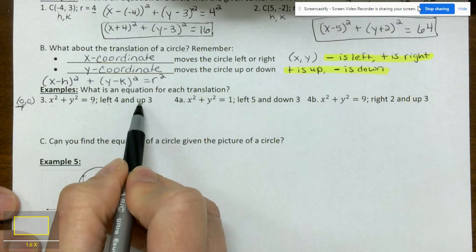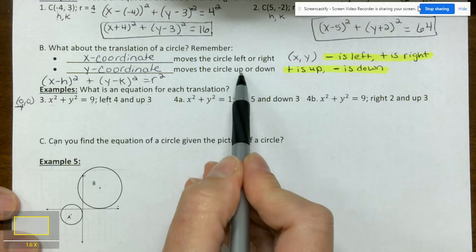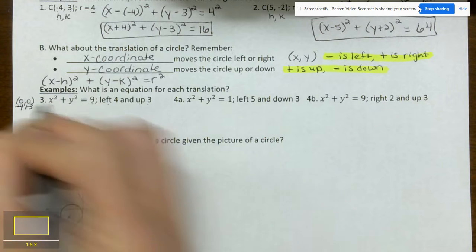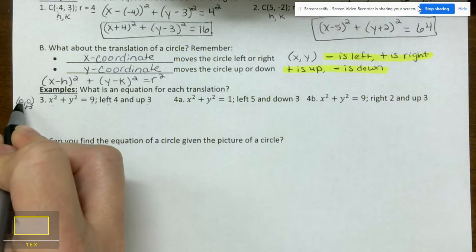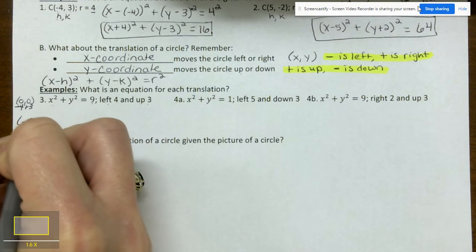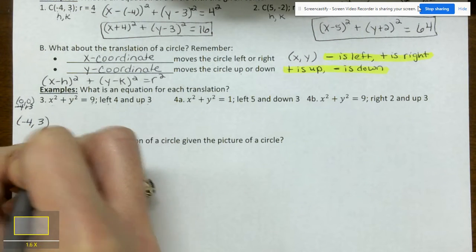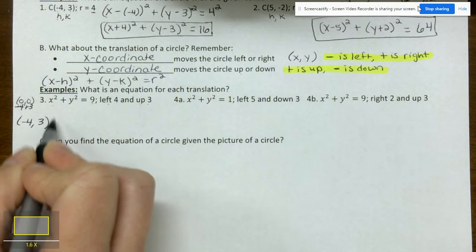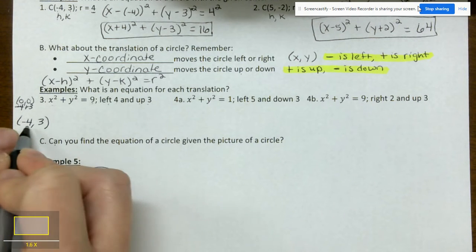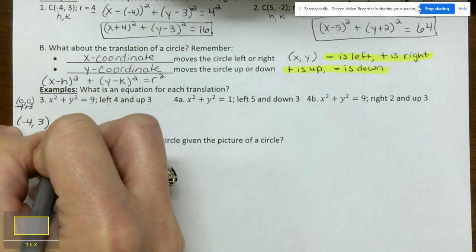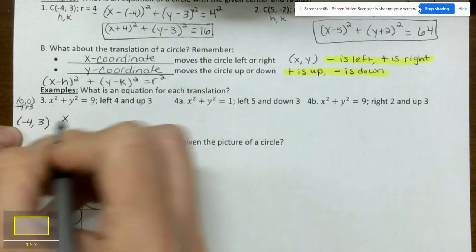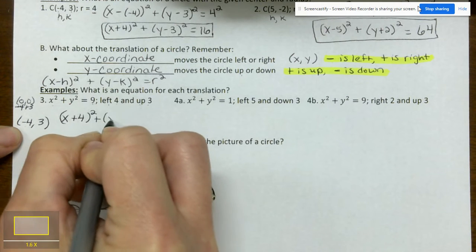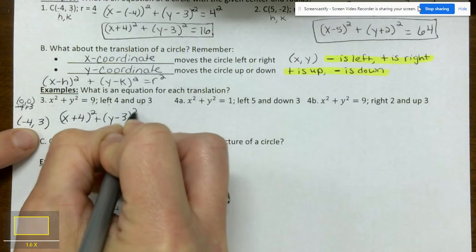Then I look at the up 3. Up is the y, and up means I add. So I'm adding 3 to that 0. 0 minus 4 is negative 4, and 0 plus 3 is 3. So this is the new center of your translation. So this is going to be x minus a negative would be plus 4 squared plus y minus 3 squared